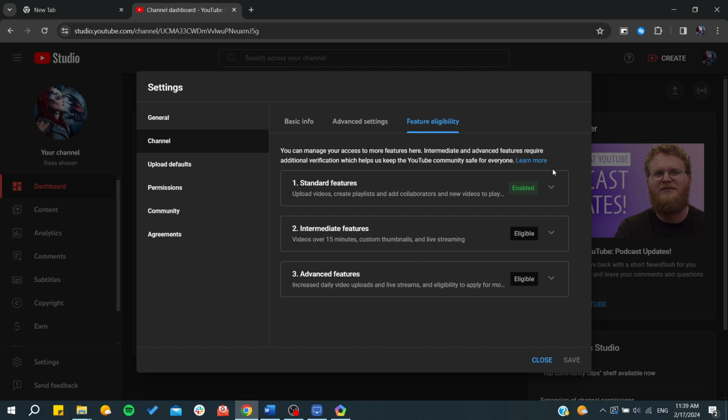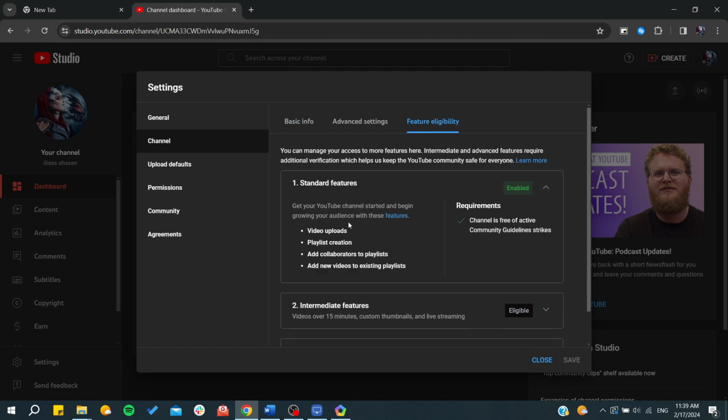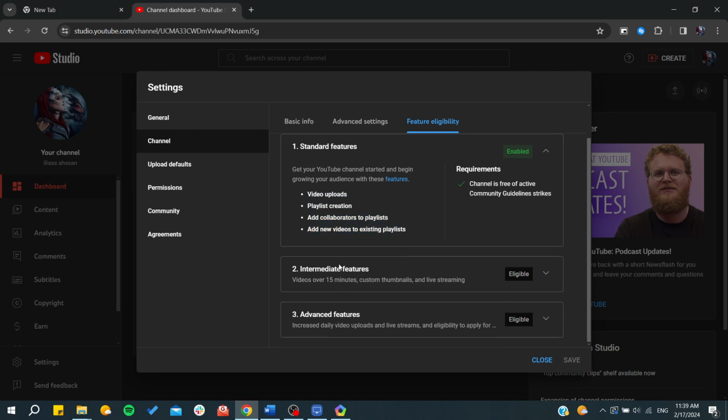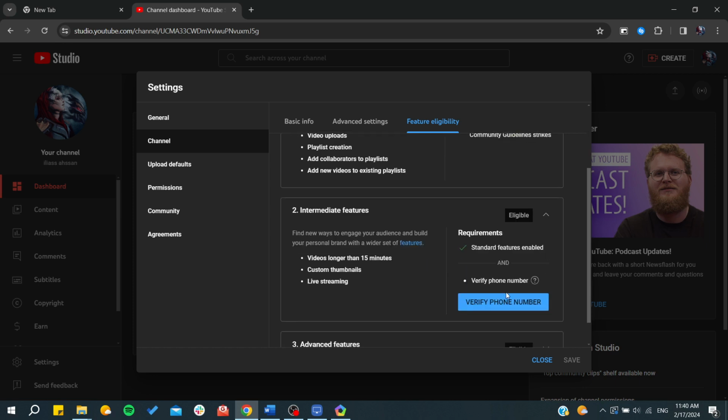of features. The first one is the standard one. You will be able to only do video uploads. You can create playlists, add collaboration to playlists, etc. And the second or intermediate feature is to be able to upload videos over 15 minutes and of course custom thumbnails and live stream. To do so, you will click from here and then you will need just to click